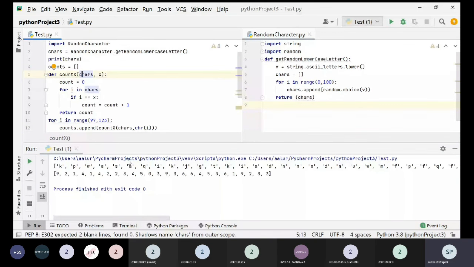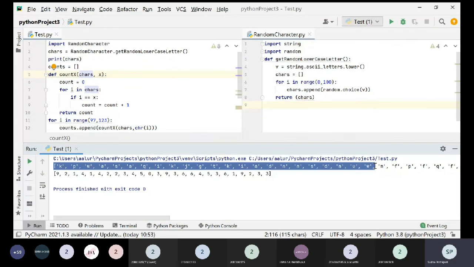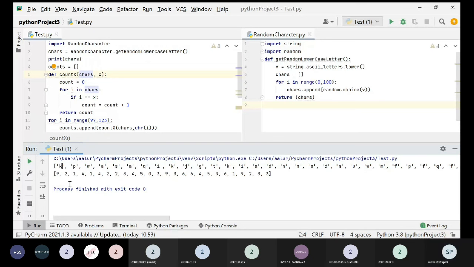So I hope you can see the output, everyone. Can you see the output, ma'am? I already told you that the characters will be different for different iterations. In the previous case, when I iterated, you got X as the first letter, right? Now it is K as the first letter. Did you observe that or not? Yes, ma'am.